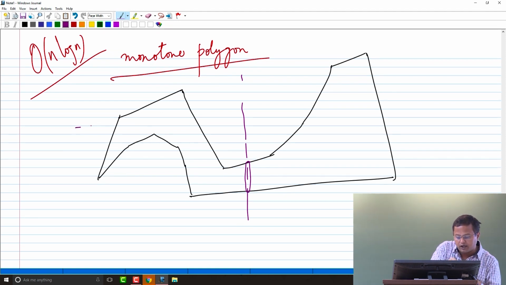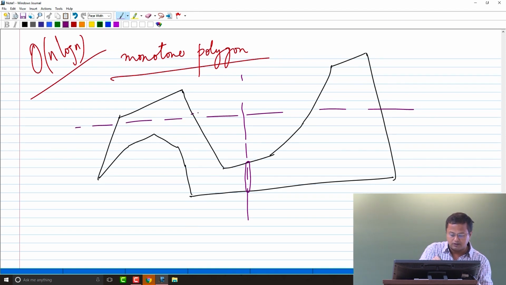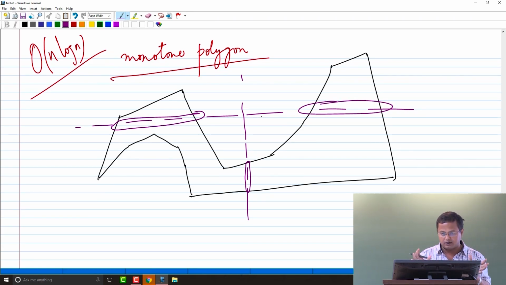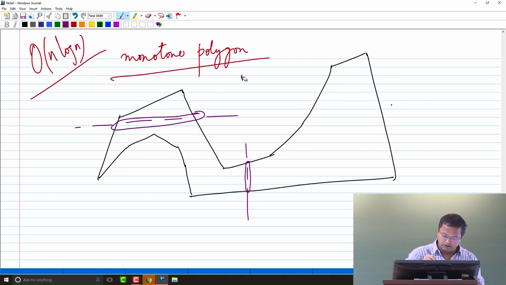But if you think of a line like this, then this is your intersection and this is your intersection, they are not connected. So, it is not y monotone, but this is x monotone, fine. First, let us see how we can triangulate a monotone polygon in some efficient amount of time, and then we will